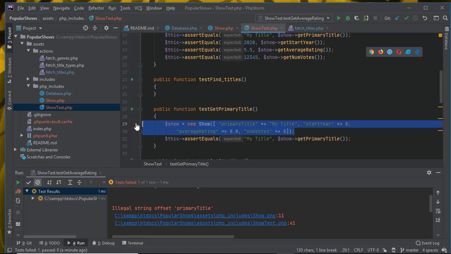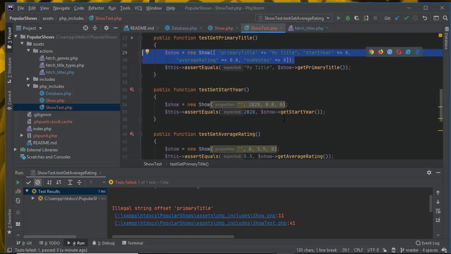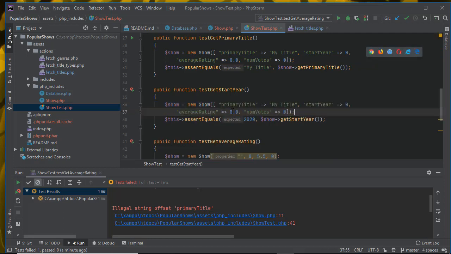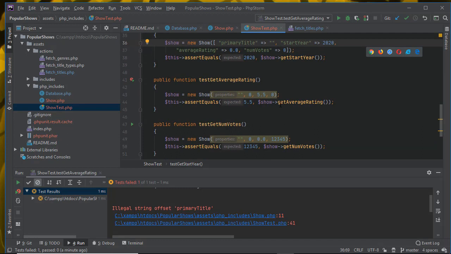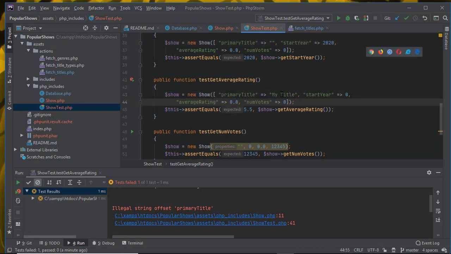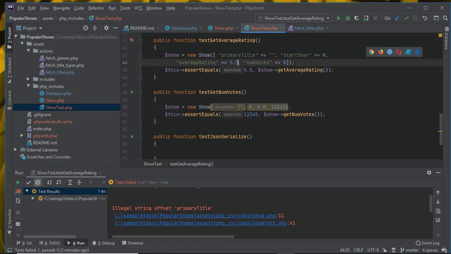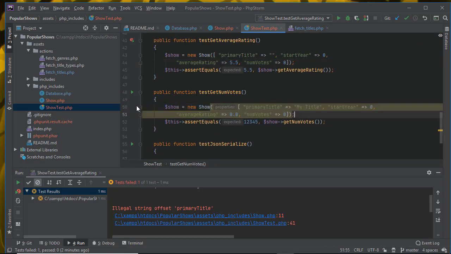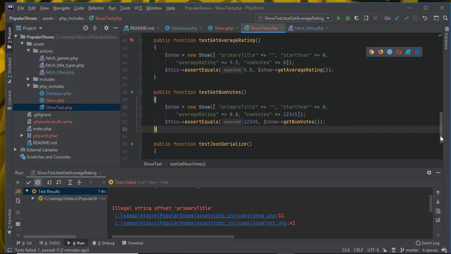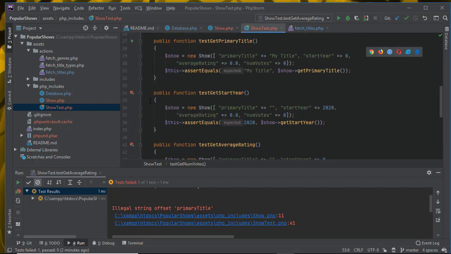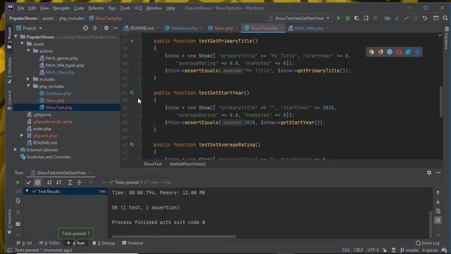Okay, so now I have to fix all of my object constructors. So this one's 2020. And this one is 5.5. And this one is 1, 2, 3, 4, 5. And that should be it. So let's see if I got it right that time. Yeah, worked fine. Okay, so anyways, you can run one test right from these little run buttons, or you can